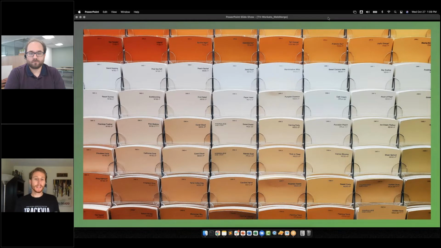All right, so as there are many different reasons why you might want to do a merge, there are many different options for how you do that merge. They range from simple, such as going to a record in TrackVia and just using the native browser print, to much more complex, which would be building your own API integration that pulls data out of TrackVia and puts information into a Word doc or PDF. That is probably the most advanced, but also probably gives you the most flexibility. Okay, so there's a whole host of options in this range of super simple without a ton of flexibility to super complex with a ton of flexibility.